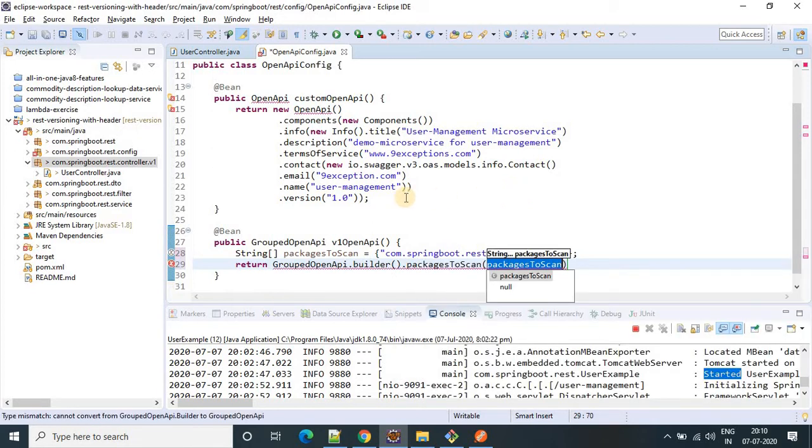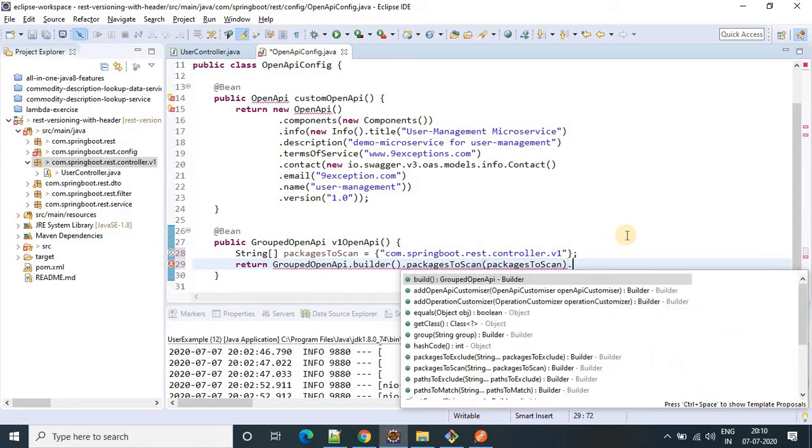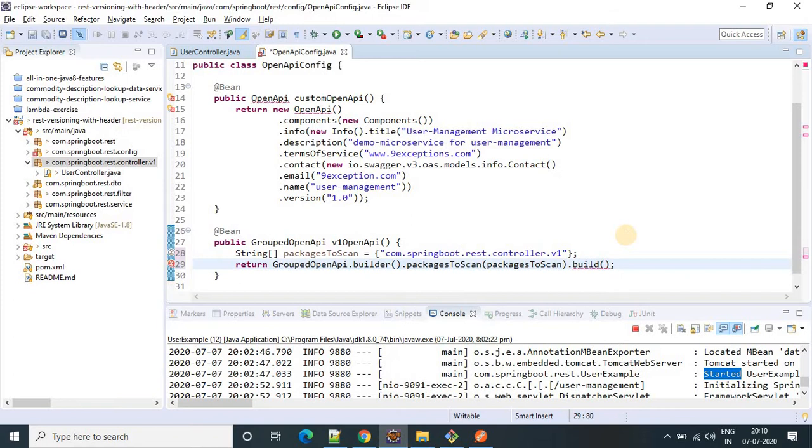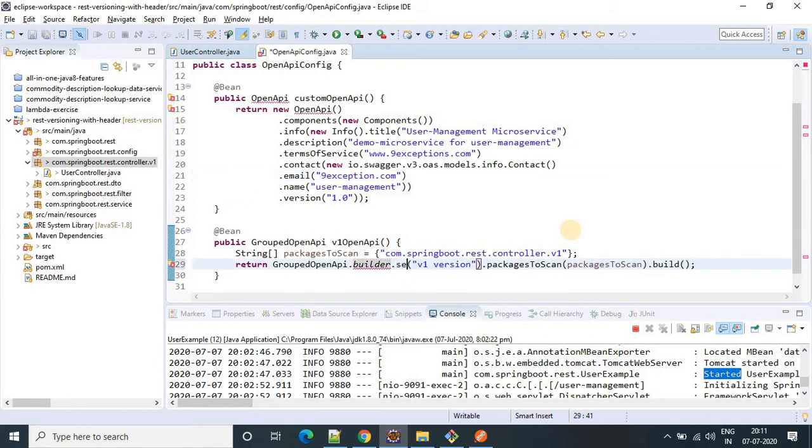Here we have to provide this package, right? Dot build. And here we have to provide, this is for version 1, right? So just provide the v1 version. This is builder dot setGroup, I think.